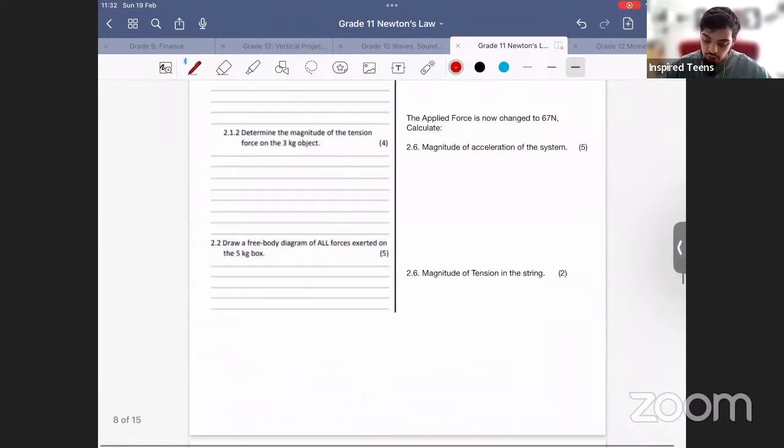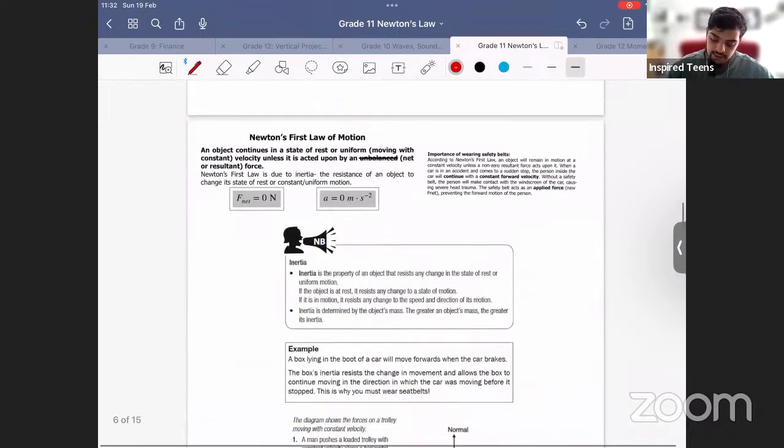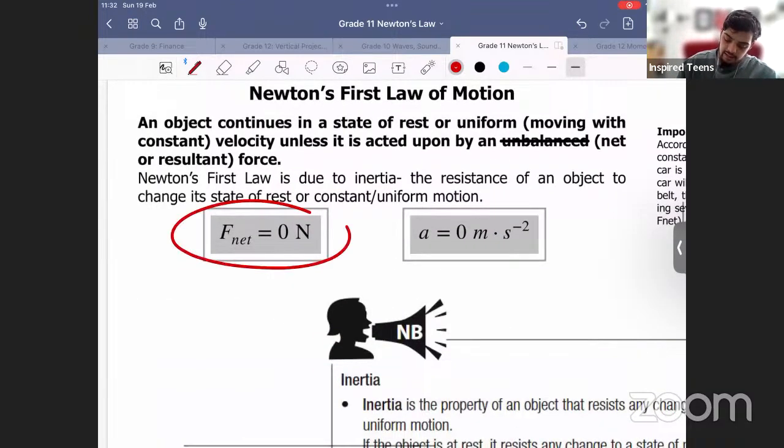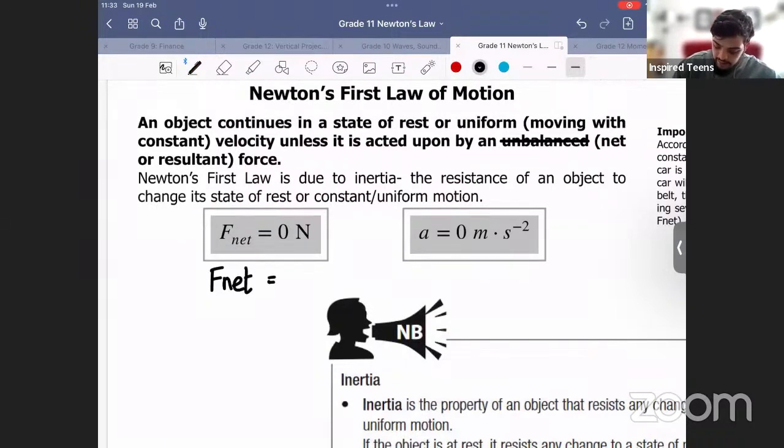That's what I wanted to just note, that formula. Let's go back to Newton's first law and let's discuss this. Okay, so firstly, why is F net equal to 0? Firstly, F net is equal to M times A. Okay, and A is 0. Why is A 0? Because remember, Newton's first law states that the object wants to continue in the state of